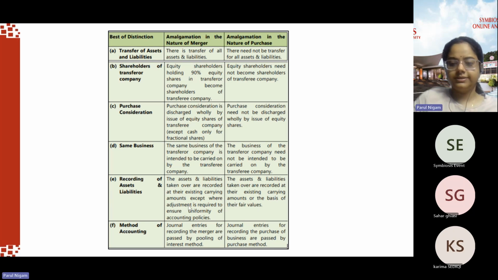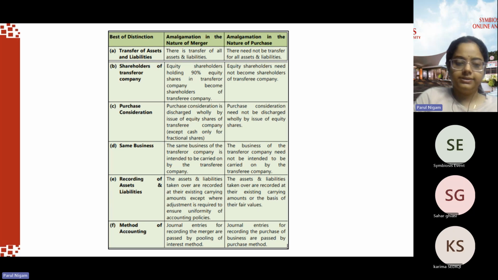No idea what is existing carrying amount? So existing carrying amount is something you should know, because as accounting students it's very important to know these basic things. Carrying amount is the book value, the present book value which is in the books. Like what is the value of that particular machinery in the last balance sheet or the current balance sheet. Okay, so that is your